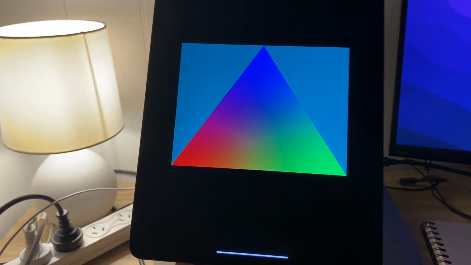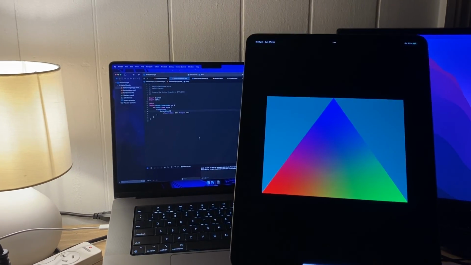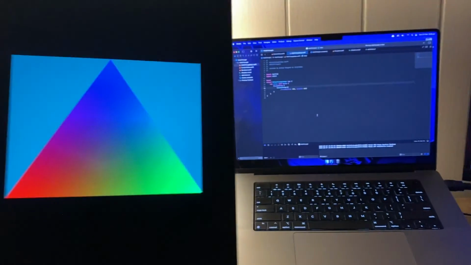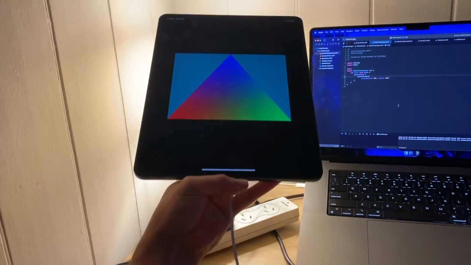It's a beautiful triangle. Just like on the catalog. Just like on the preview. I don't know, but I'm really amused by the fact that I can run code here and put it on my device. Anyway,